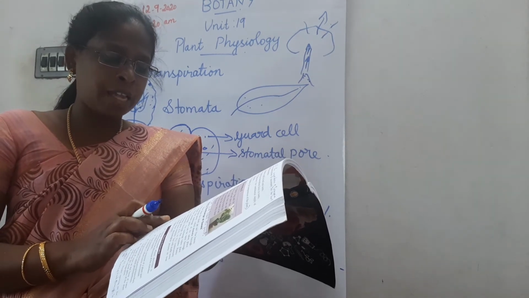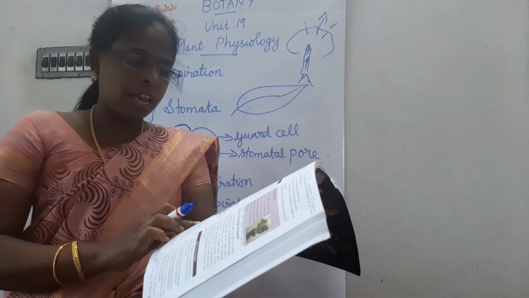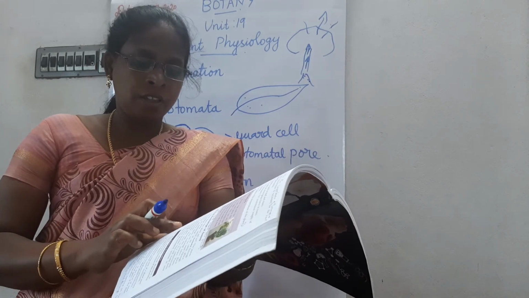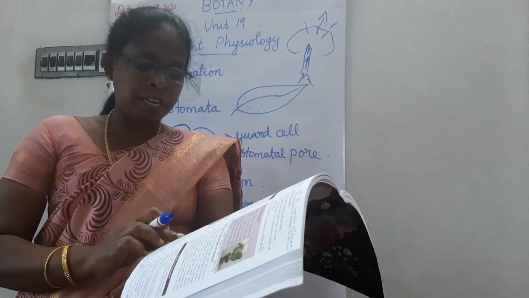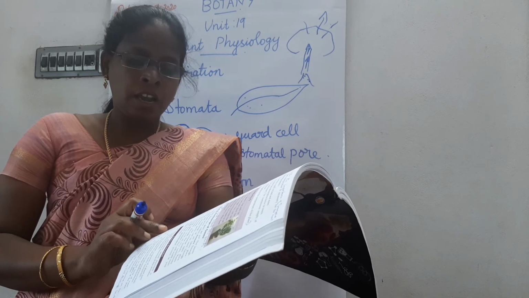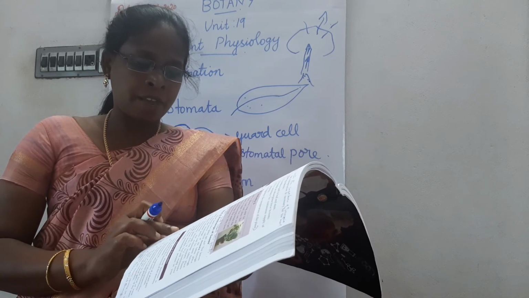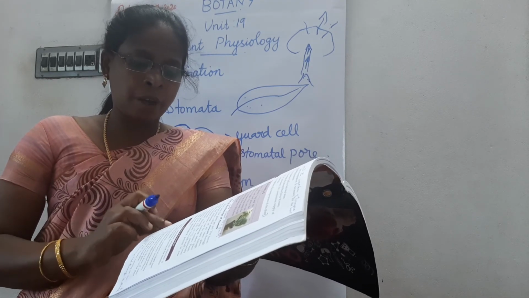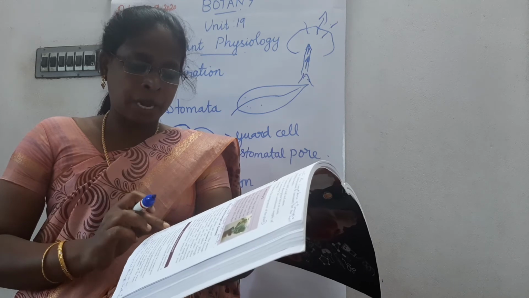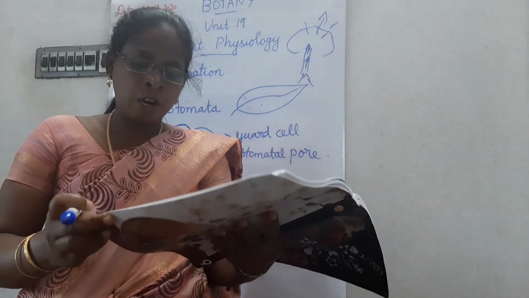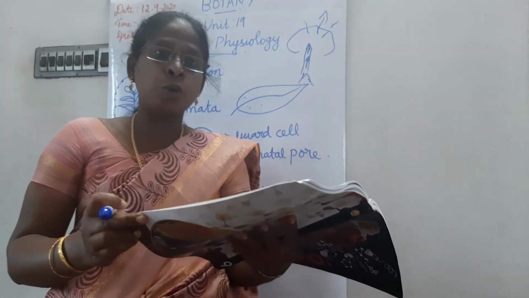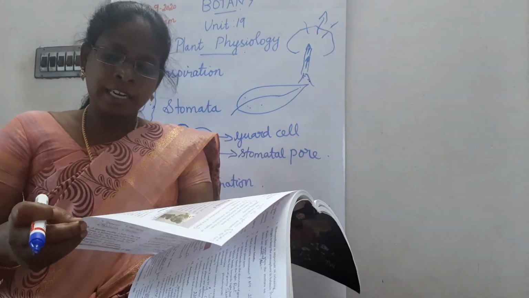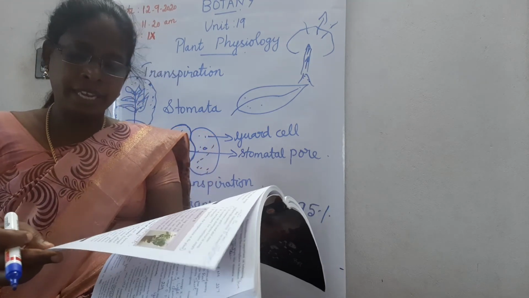Loss of water from plants through stomata. It accounts for 90 to 95% of water transport from leaves. That para fully. Then third type, lenticular transpiration. In that, loss of water from plants as vapor through the lenticels. Up to that. Second point, you can write below that para. Very less amount of water transferred through lenticels.